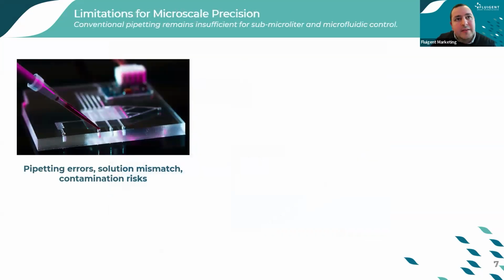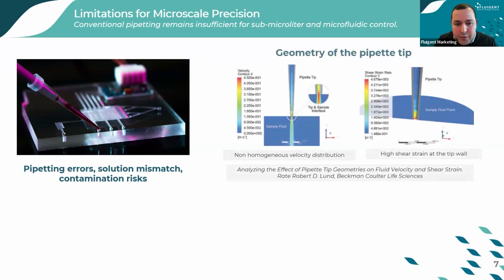However, despite all these advances, traditional pipettes are still not suitable for microfluidics and the microscale, because they cannot provide continuous, stable flows at the sub-microliter scale. Manual operation still introduces variability in volume, timing, and shear forces, making them impractical for applications such as